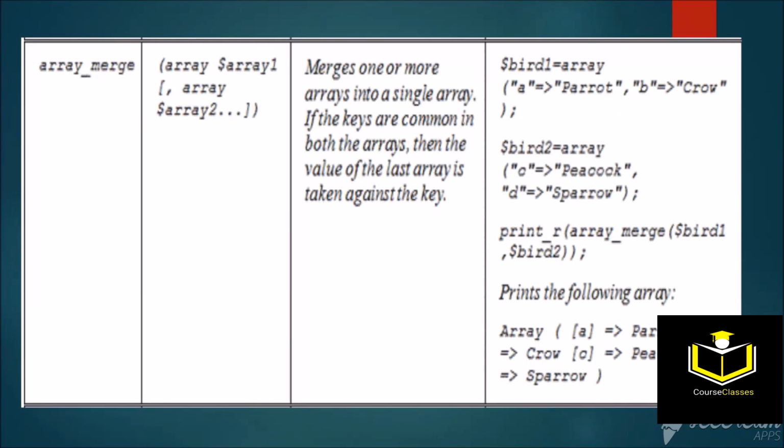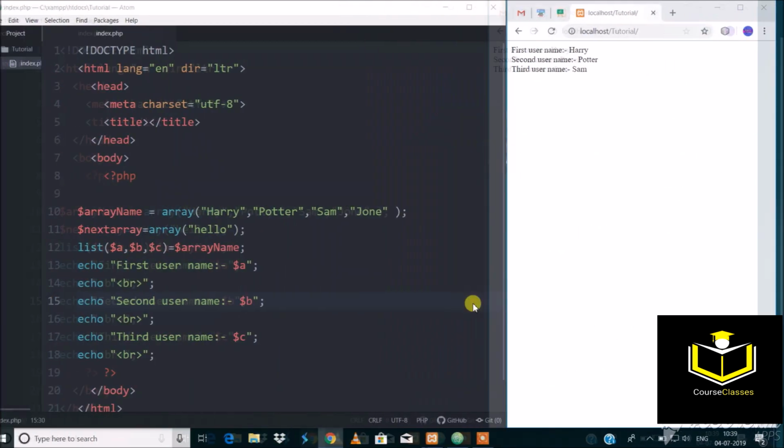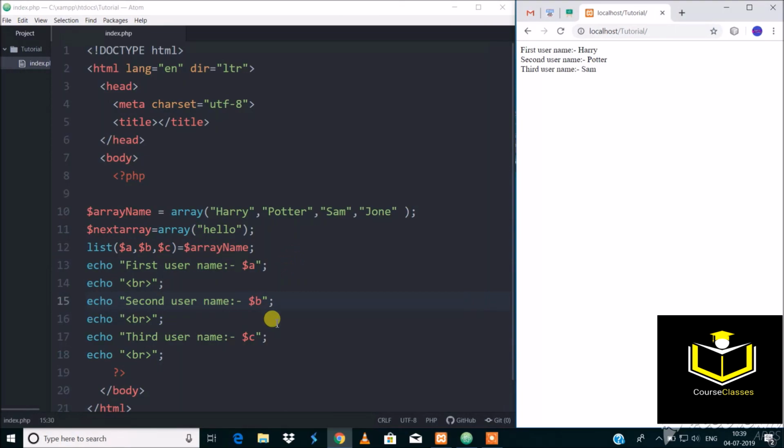So the next function name is array_merge. The array_merge is used to merge one or more arrays into a single array.